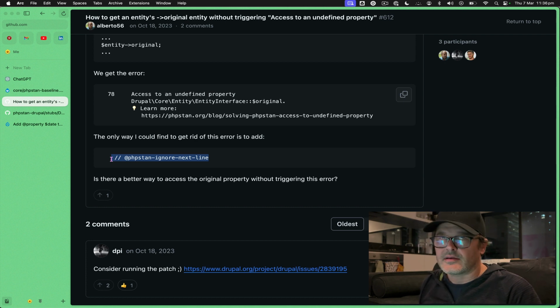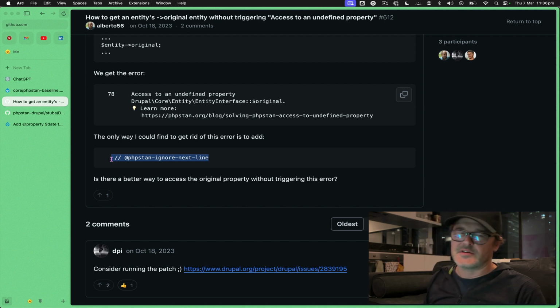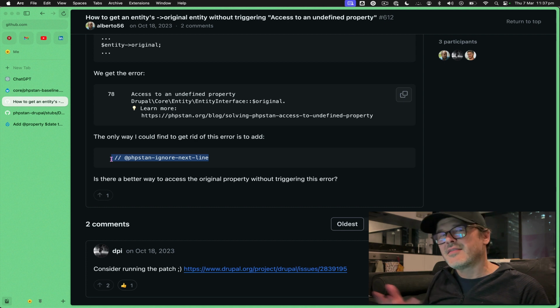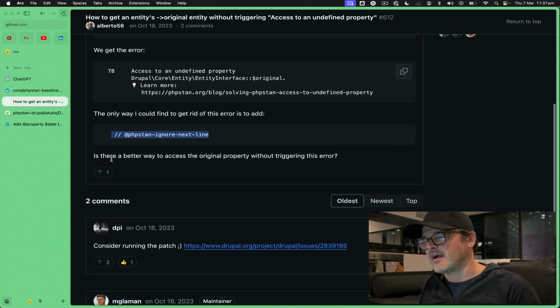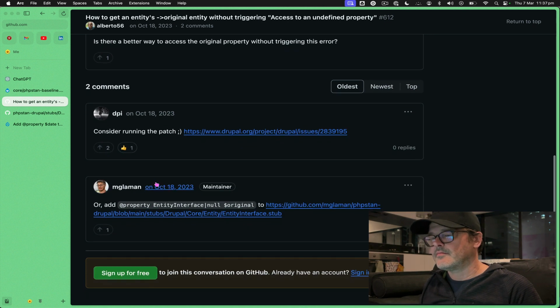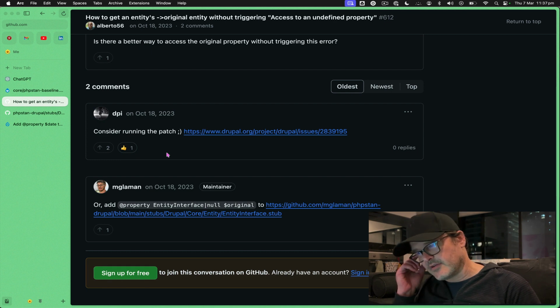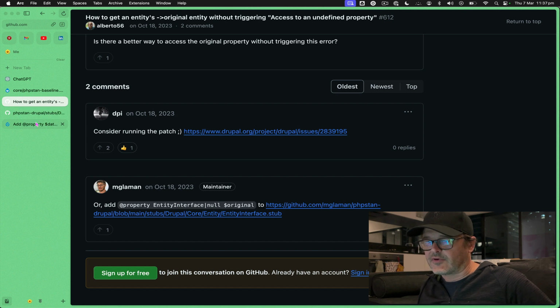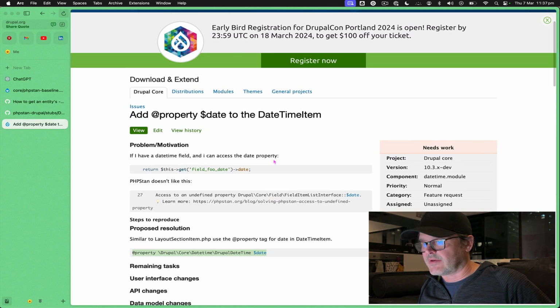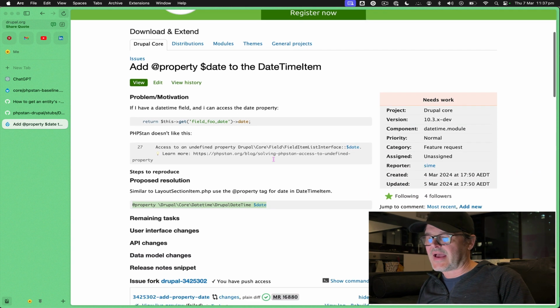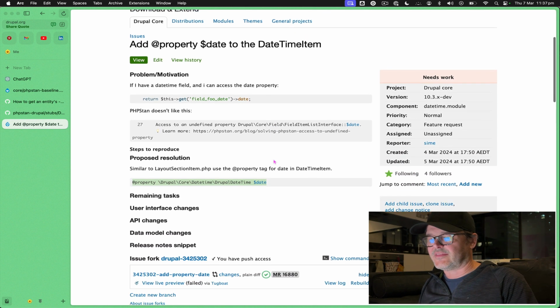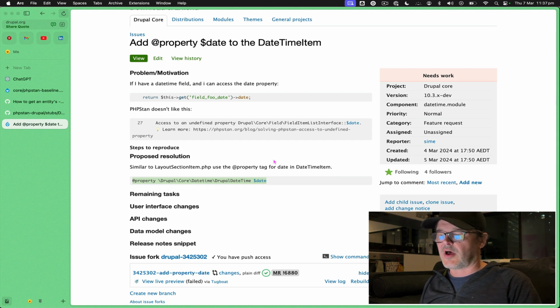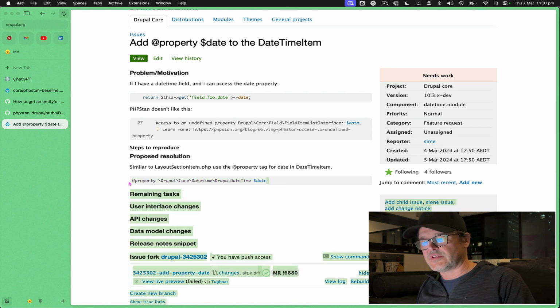In the baseline file, you can put a comment to where you're resolving it. You can have a count of them all. Whereas if you're just ignoring the next line all through your code base, things can slip through in that scenario. So what DPI is suggesting here is that, hey, why don't you run a patch? An example of this is the issue that I created in response to Michael Strelan's discussion, where I've created a patch. I've basically said, hey, PHPStan doesn't like this, and my proposed resolution is to add this